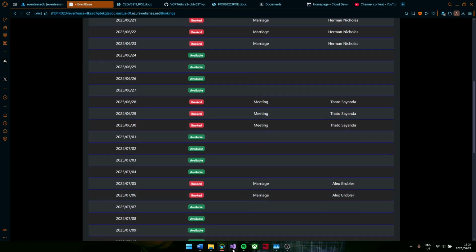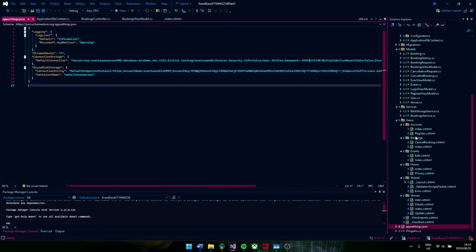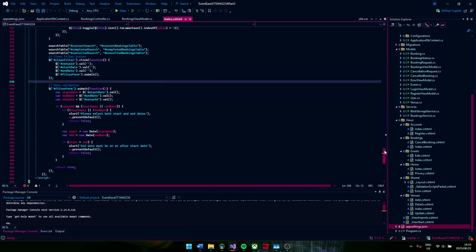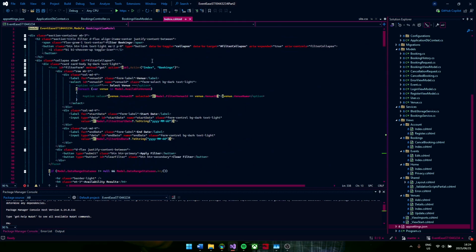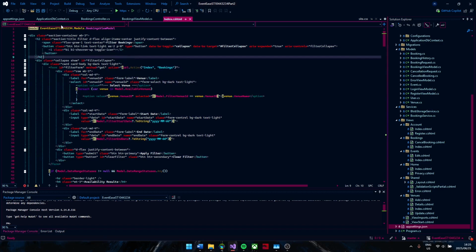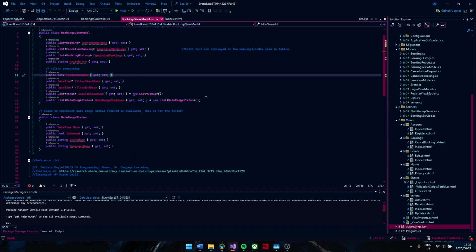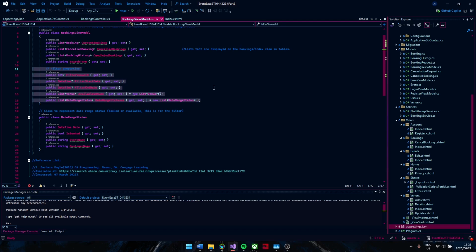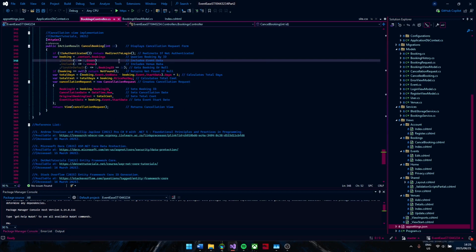In terms of the code base, there wasn't a lot of adjustments to be made. Like if we go to the index of the bookings view, we can just see that this part alone is the filter section. As you can see, just a few buttons and methods and variables that we took over from the bookings view model right here. We took these filter properties, we added those in, and then for the bookings controller, we can